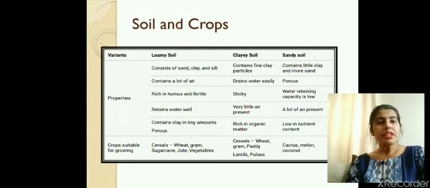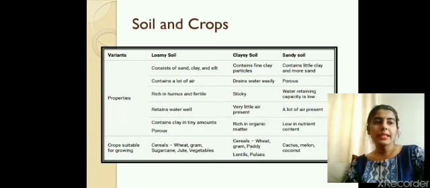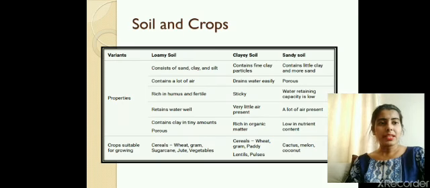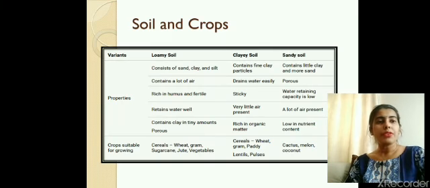We have learned about the different types of soil, that is sandy soil, clayey soil, silt soil and loamy soil. These soil particles depend upon the type of rock from which they have originated and upon the particle size. We studied that different types of soil are present, and according to their properties they are used to grow different types of crops.